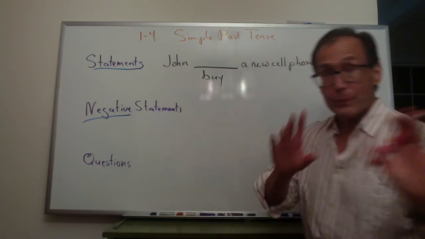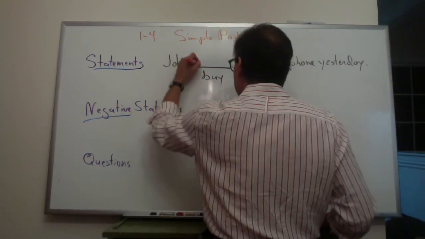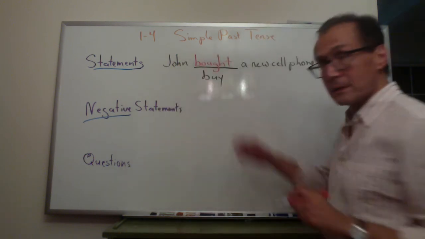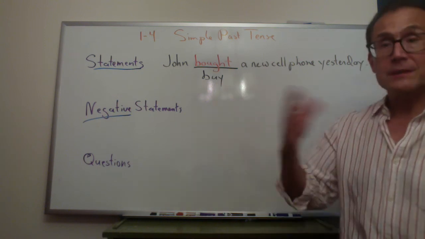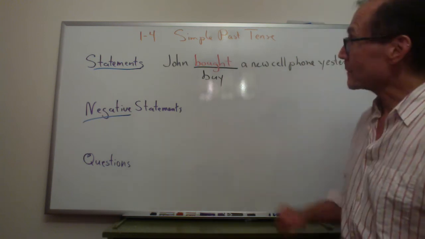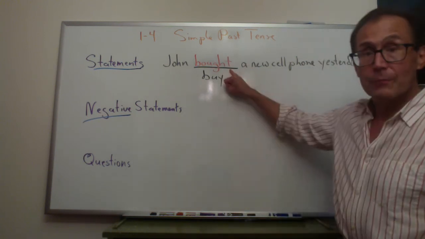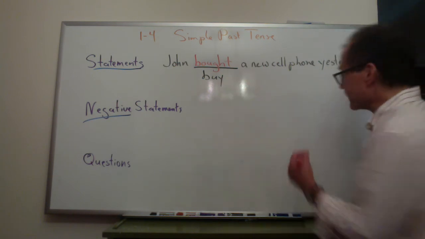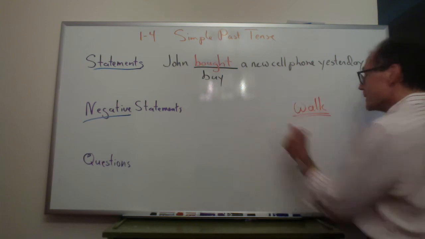What I hope you thought was that I want to write John bought a new cell phone yesterday, because bought is the past of buy. So, a few points here. First point, you might notice bought is what we call an irregular verb. In other words, most verbs in English, like the verb walk,